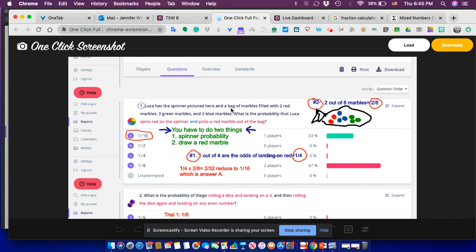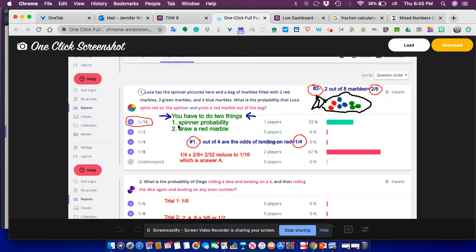Luca has the spinner pictured here, which you can see the small spinner, and a bag of marbles, which I've drawn over here, filled with 2 red marbles, 3 green marbles, and 3 blue marbles. What's the probability that Luca spins red on the spinner and picks the red marble out of the bag? So you have to do these 2 things. You have to do the probability of the spinner first, and then you have to do the probability of drawing